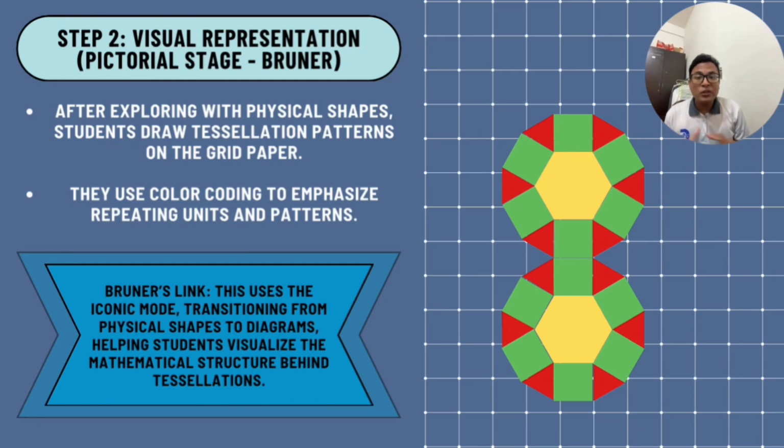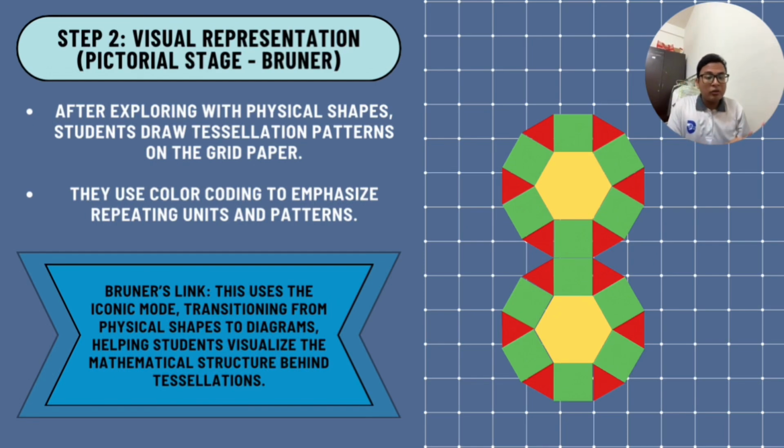This uses the iconic mode, transitioning from a physical shape to a diagram, helping students to visualize the mathematical structure behind the tessellation. So it helps students understand more about the tessellation, from the hands-on to